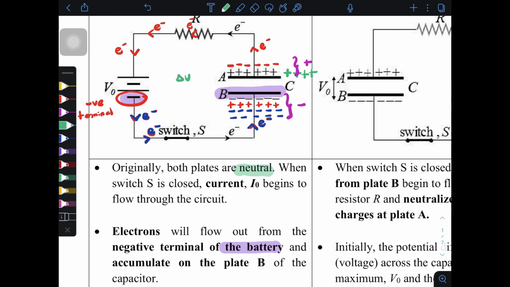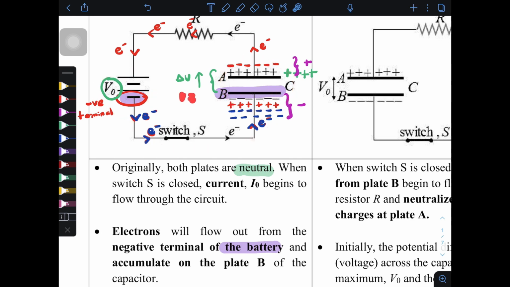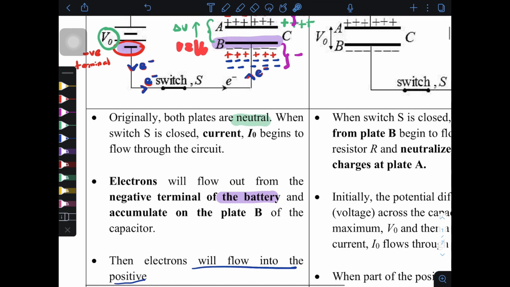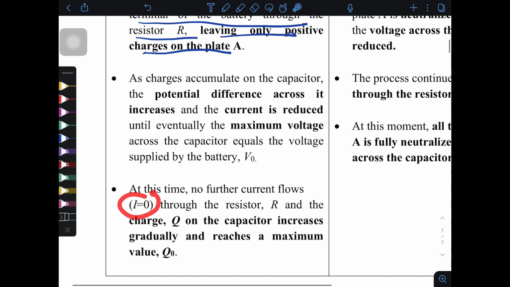So bila ada delta V lama-lama dia akan increase sampai this value of V here sama dengan nilai V0. So maksudnya contoh V0 kita bagi 5 volt, dekat sini pun dah jadi 5 volt. Okay, sampai nilai V kita sama dengan V0. Okay, tu point yang dekat sini dia kata. Okay, at this time, no further current flows. I equals 0 through the resistor R and the charge Q on the capacitor increases gradually and reaches a